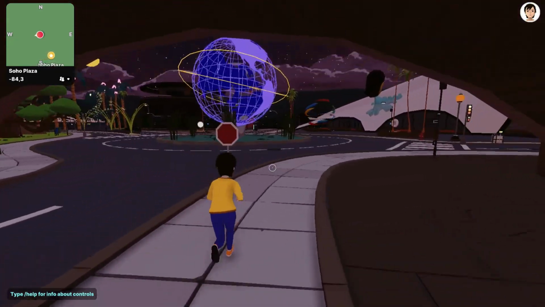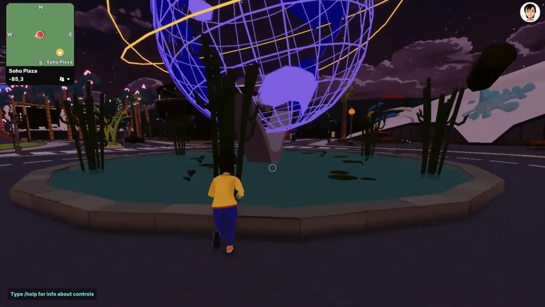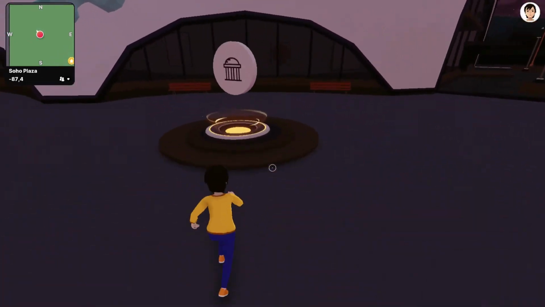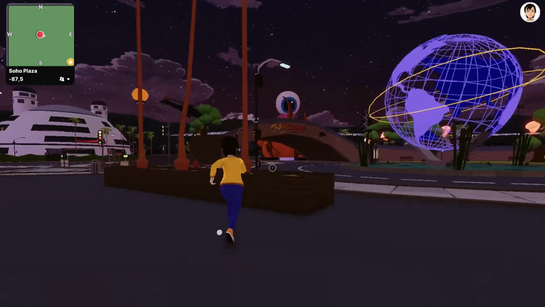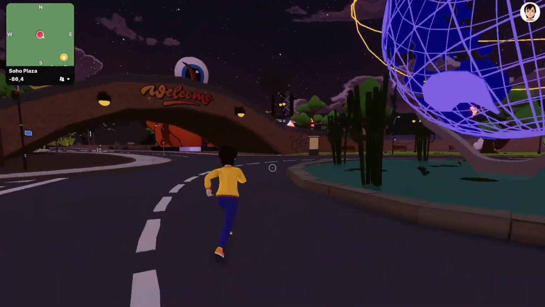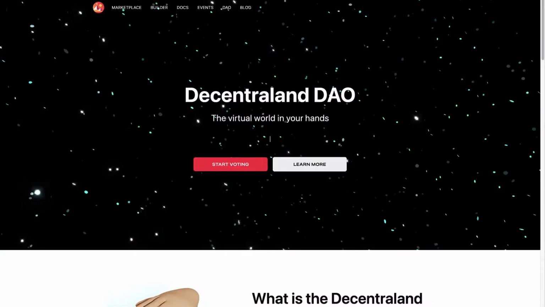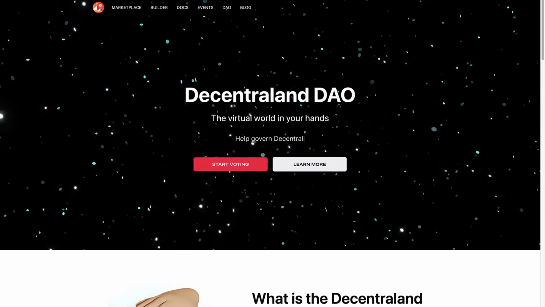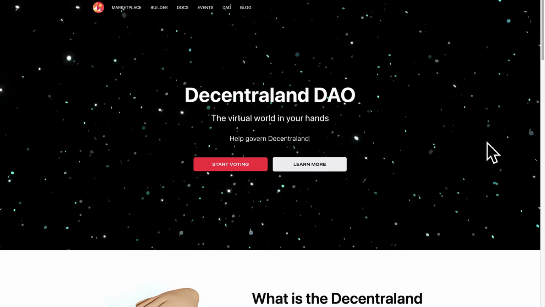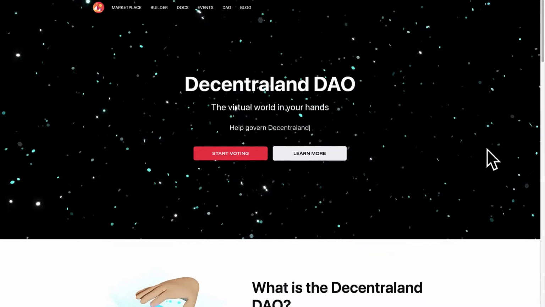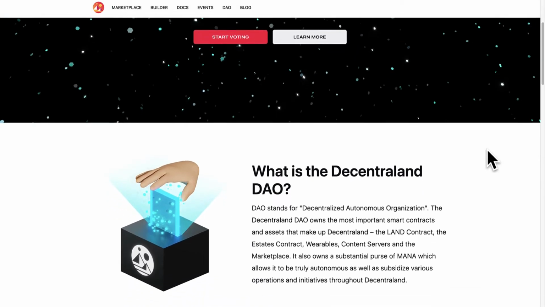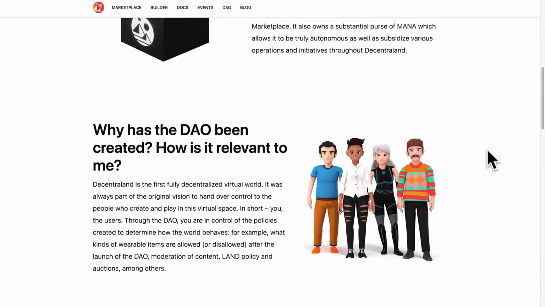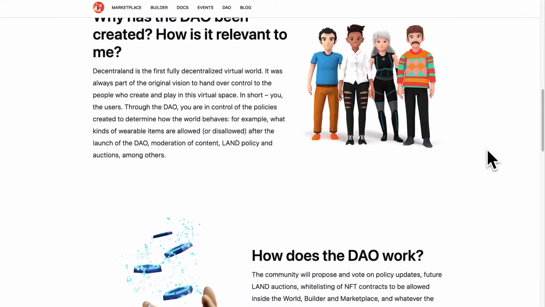The organization is controlled by the organization members. It doesn't have a central owner. There's no CEO, and no central government. If there is a decision to be made, votes can be cast to the smart contract, and the smart contract will then take the votes and make a decision based on the votes. And who can vote? Anyone can vote if you make the transaction to the smart contract. So this is the basis of any decentralized autonomous organization, and Decentraland is a decentralized organization.